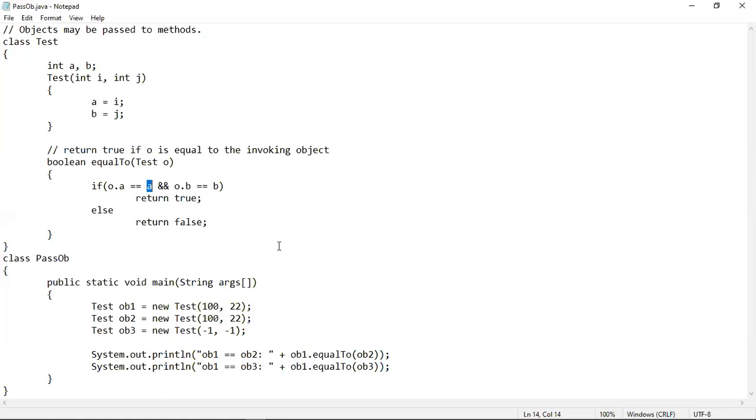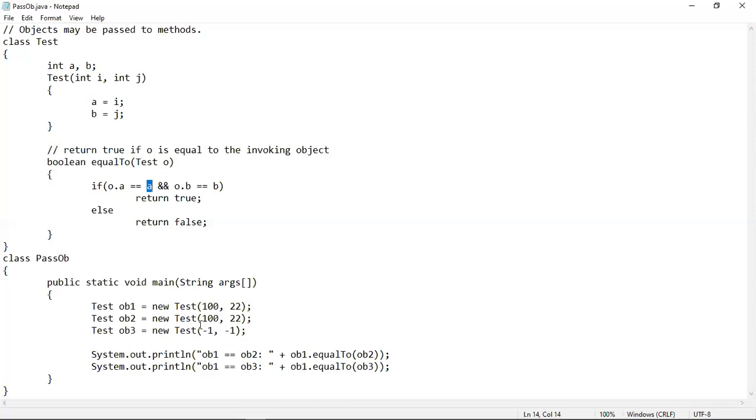Why using the object OB1? Because we have called the equal to method using the object OB1. That's why the right hand side A actually denotes the A of OB1.